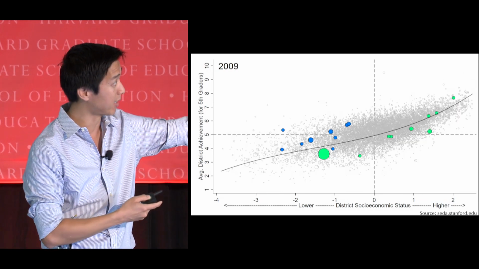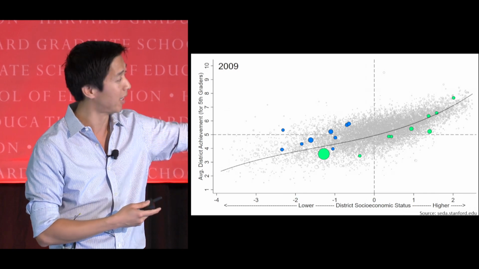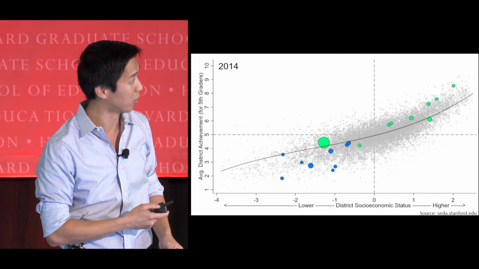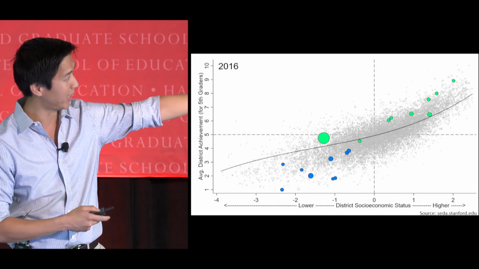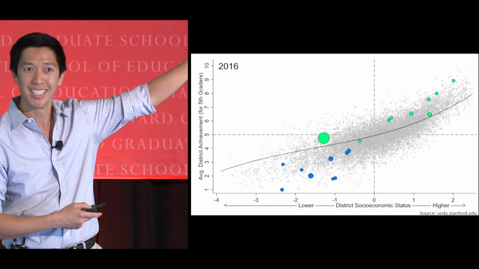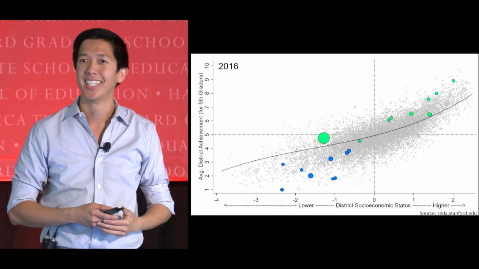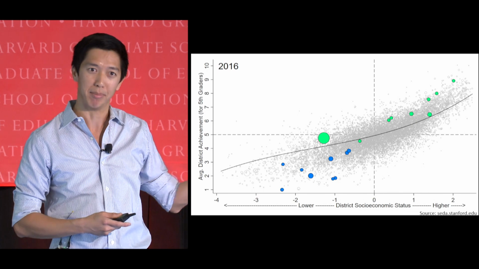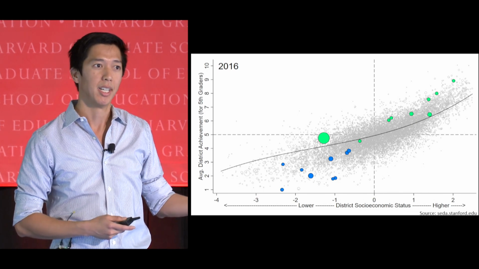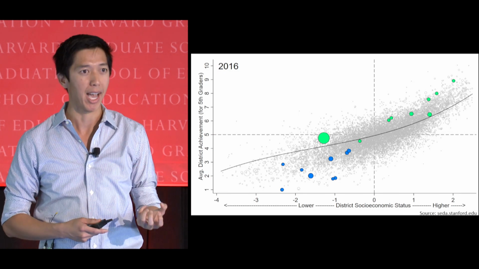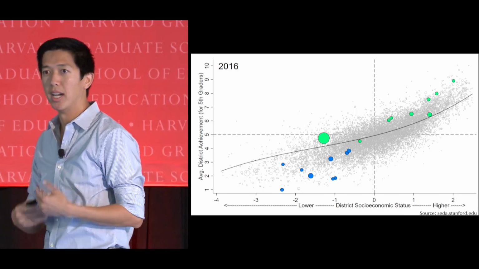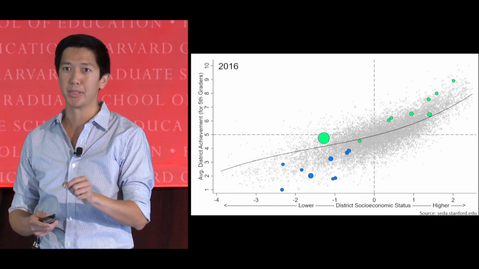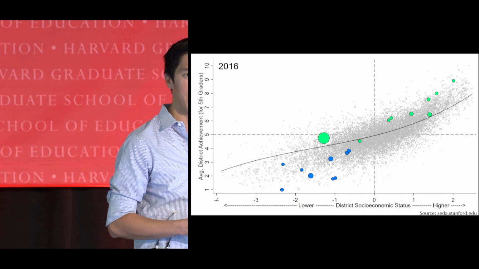So now let's take a look at some of these districts that are making the most progress and falling the furthest behind. So those blue districts, here we can see the blue districts are falling and those greenish districts are rising. Look at that big one right there, right? Just like, it's like a moon over the horizon, right? Like, what do you think that is? That's one of our big 5. That's Chicago, making over a grade level of improvement over the past 8 years. Right? And so again, it raises questions about why this is happening. And so we hope that these data are a tool for everybody in this community and beyond to help to try to understand the correlates and then hopefully, ultimately, the causes of improvement in educational achievement and opportunity in this country.